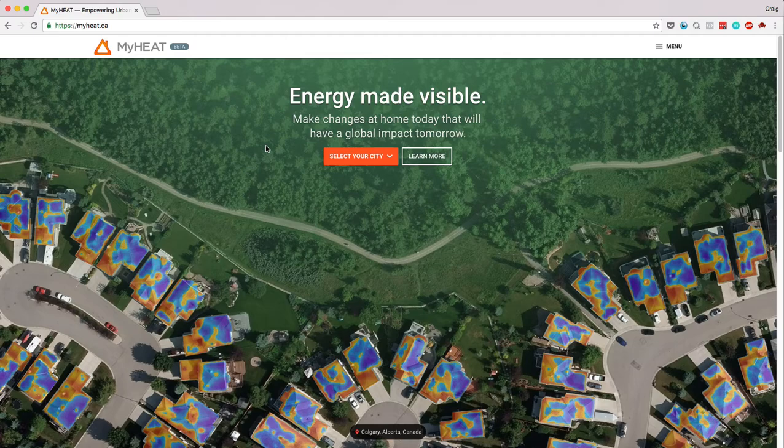Picture looks pretty cool, some kind of heat mapping thing, obviously. So let's check it out. First thing I look at, energy made visible, and that is a little bit vague and weird and not too clear. Make changes at home today that will have a global impact tomorrow. Select your city or learn more. Okay, so right off the top, I don't really know what you're talking about. I'm intrigued, but